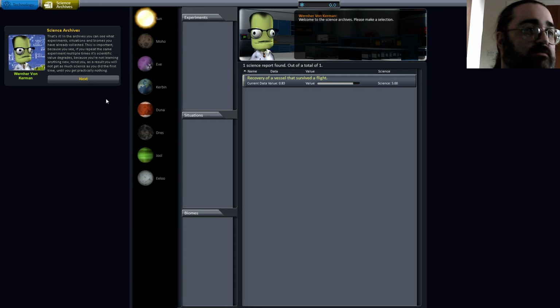In the archives, you can see what experiments, situations, and biomes you have already collected. It's very important, because as you see, if you repeat the same experiment multiple times, its scientific value degrades, because you're not learning anything new. And as a result, you will not get as much science as you do the first time, until you get practically nothing. Another outstanding feature of the archives is that you can check what celestial bodies you have